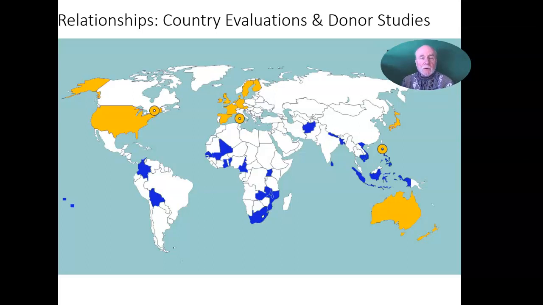The country case studies involved evaluation teams in each country, interviewing key informants, reviewing documentation, looking at how donor projects were being undertaken to examine the extent to which the aid honored the Paris Declaration principles. The likewise case studies of donor countries looked at their procedures, their approaches, their funding patterns, their relationships with recipient countries, and to see how much they were adhering to the Paris Declaration principles.